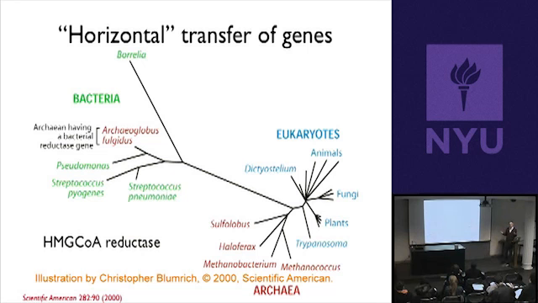So you get eukaryotes, you get plants, fungi, animals all related to each other over here. You get archaea, which are related to each other and then related to eukaryotes. And you get bacteria, which are more distantly related to both of these, okay? But then you get one strange positioning, okay? I introduced you to this organism last time. It's Archaea fulgidus. And what I told you last time is it's a methanogen, okay? And it's an Archaean, okay? And so we know that, but why is it ending up over here, okay? Why is its sequence so similar to a bacterium and very different from Archaebacteria, or Archaea?